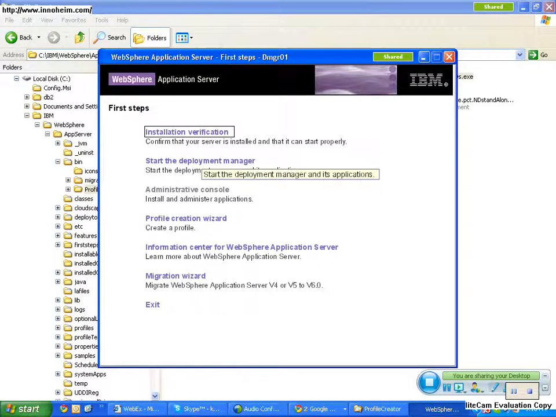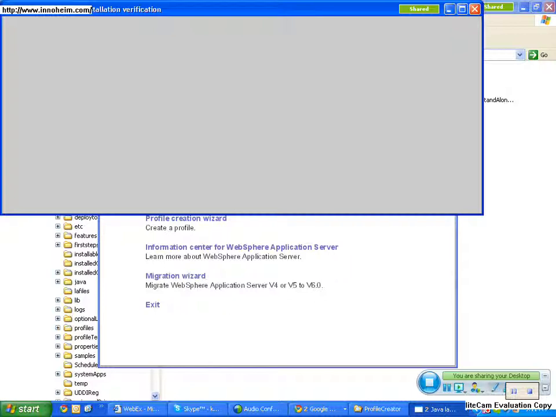Earlier, if you see in the application server profile, what is the option? The second option was start server. Here it is not a server, it is the deployment manager. Mainly, it is only meant for administration purposes and to have a distributed environment. Here, if I click on installation verification,